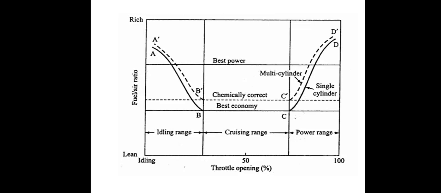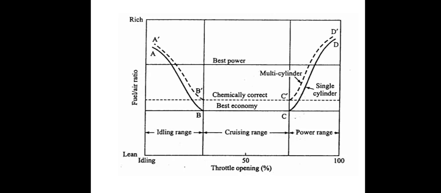The mixture requirements for idling, cruising, and high power ranges of the engine are as shown in the figure. You can see the idling range, cruising range, and power range in the graph. First, the idling range. The engine is said to be idle when it is operating at no external load with the throttle almost closed. At idling, the engine requires a rich mixture as shown in the figure